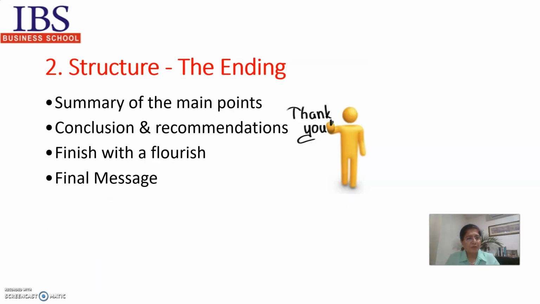The third step, which generally they say should be the first step, is the ending. If you have the ending in place while developing the structure of the presentation, you've already cracked it, because the ending requires the summary of the main points. The moment you have a summary, you will find it easier to expand it into details. So one strategy to develop a presentation is to decide on the ending first, then build the body based on that, and then think about the best way to begin.